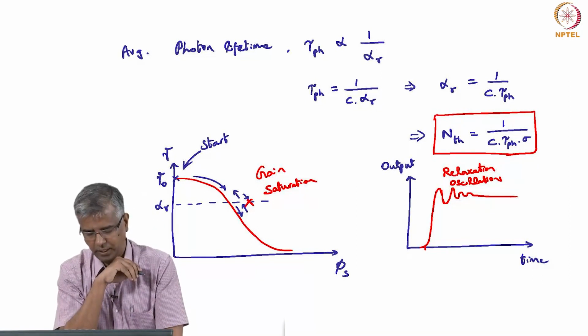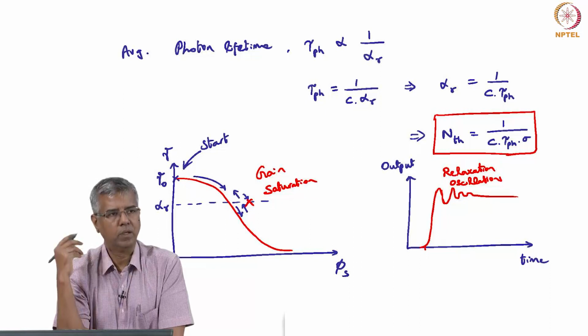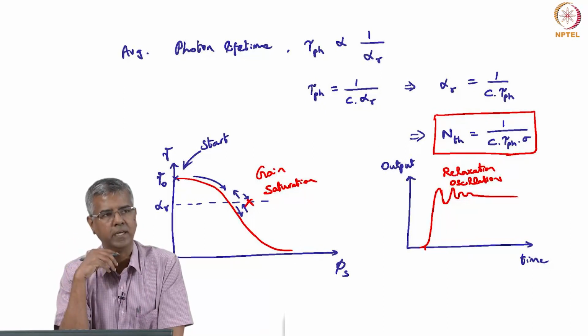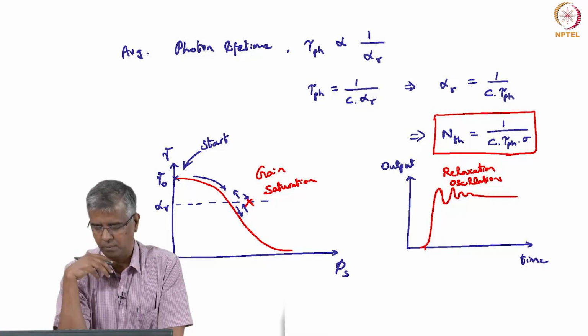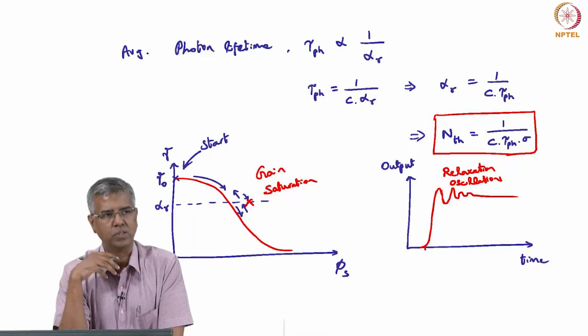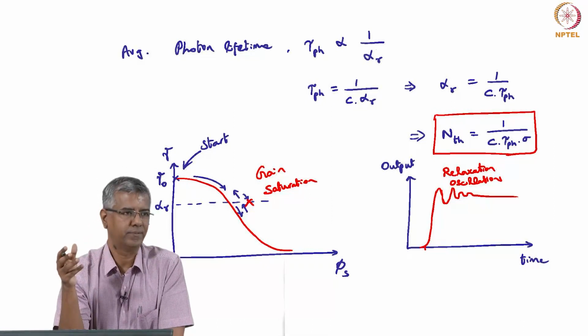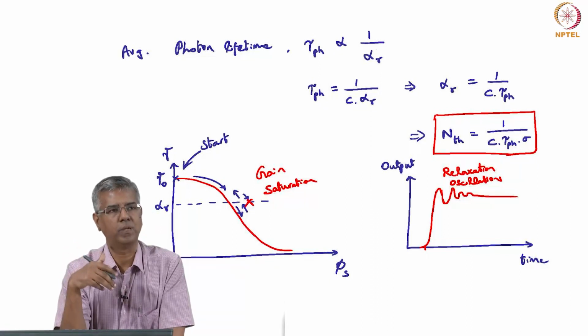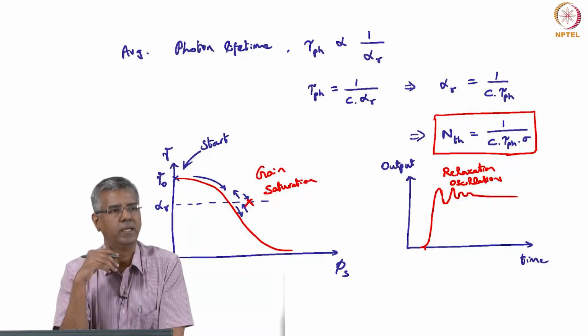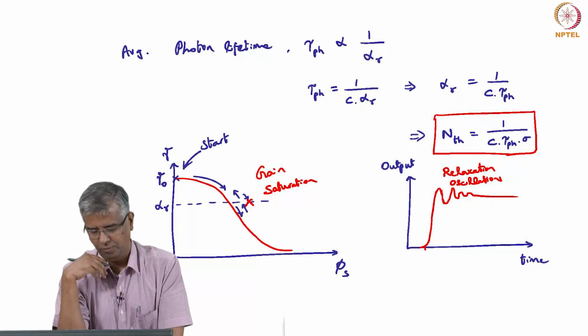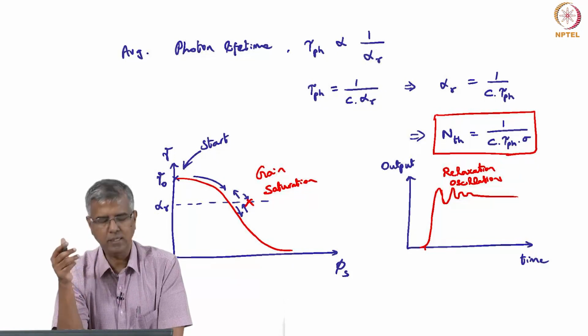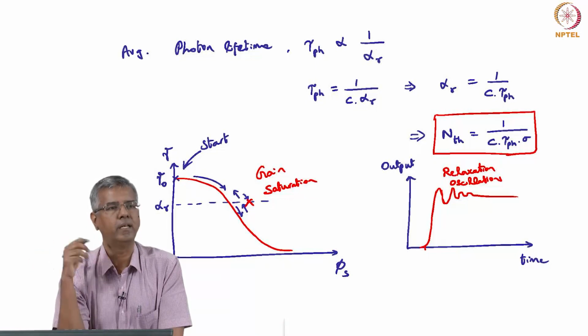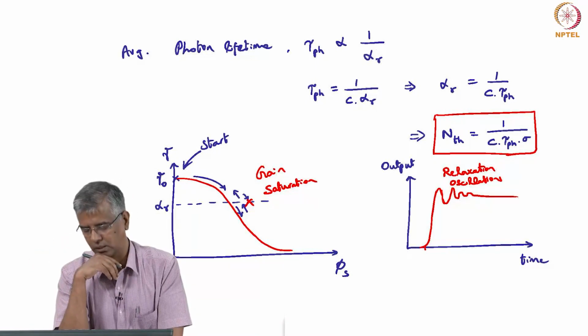We may start from that point, but the moment you start having stimulated emission, you start building up those photons, and you start saturating the gain. This is a concept that we already discussed when we were looking at optical amplifiers. That gain saturation reduces the gain available to